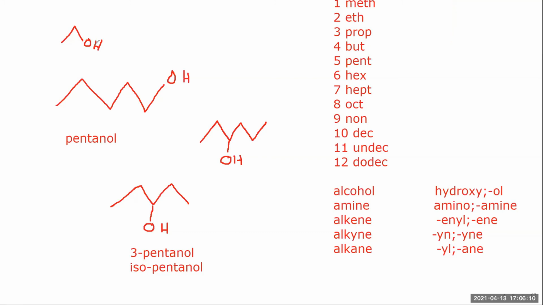So that's 1, 2, 3 propanol. Oh, so it's just propanol? Or is it just the 1, 2? Right, because remember, that carbon is attached to that oxygen. Oh, so it's ethanol? This is ethanol. Yep. So drinking alcohol. I thought that was rubbing alcohol. Nope. Isopropanol. Oh yeah, that's right.